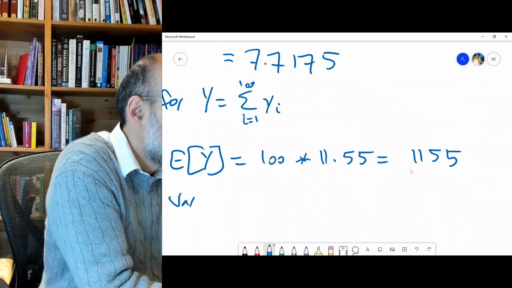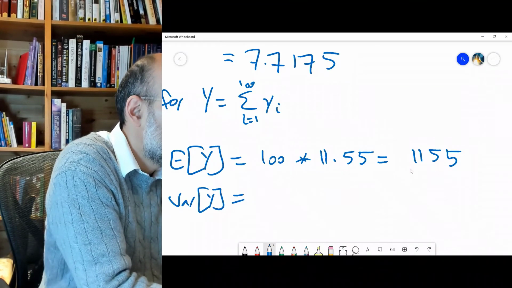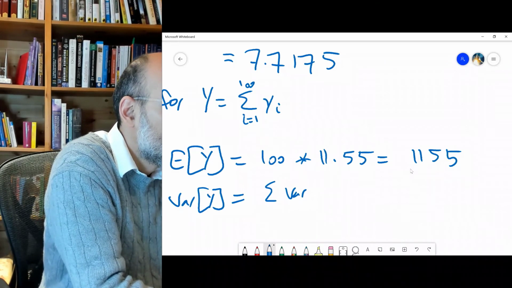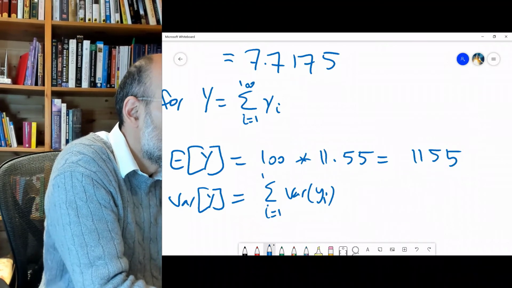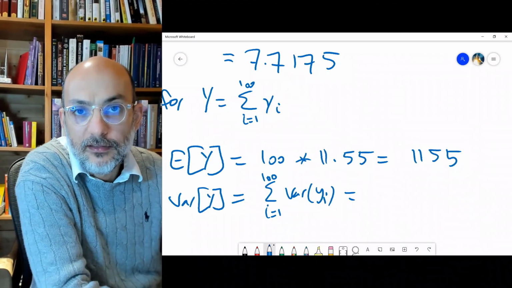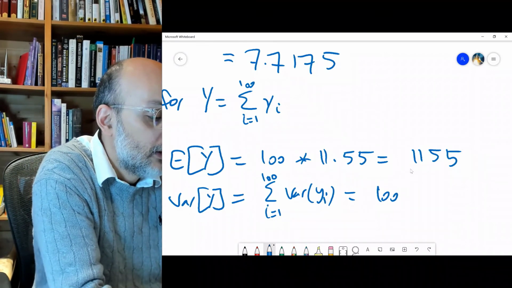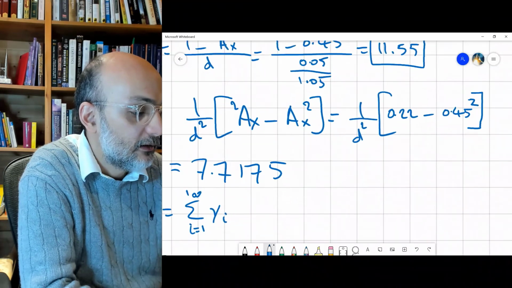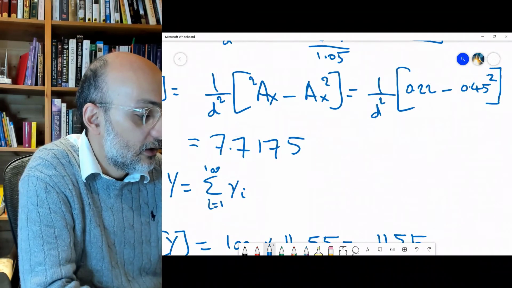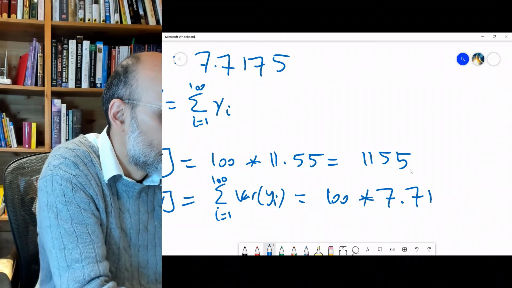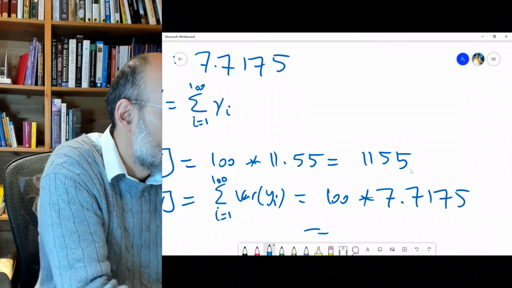Now the variance of Y, same thing, is the summation of all the variances, the summation of the variance of Yi, because they are independent and identical. So it's 100 multiplied by the variance. So what is the variance? We calculated it to be 7.7175. So the variance will be